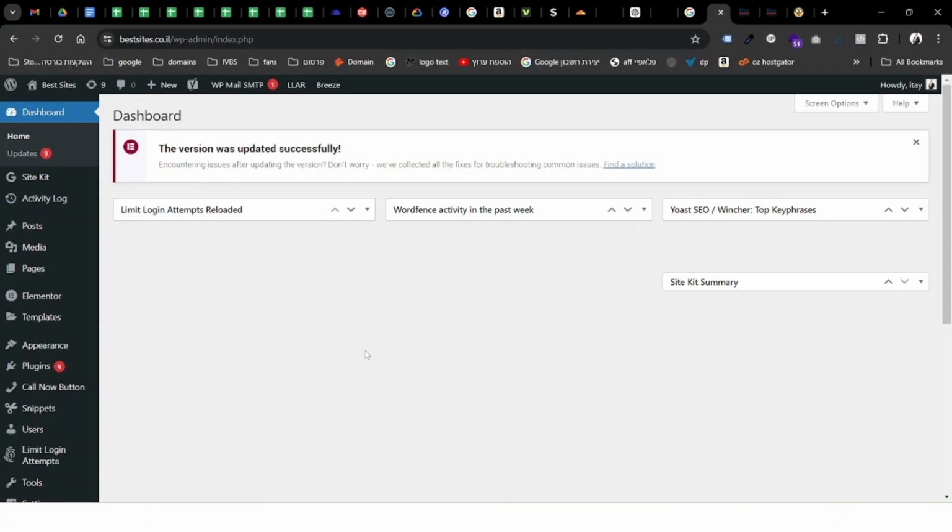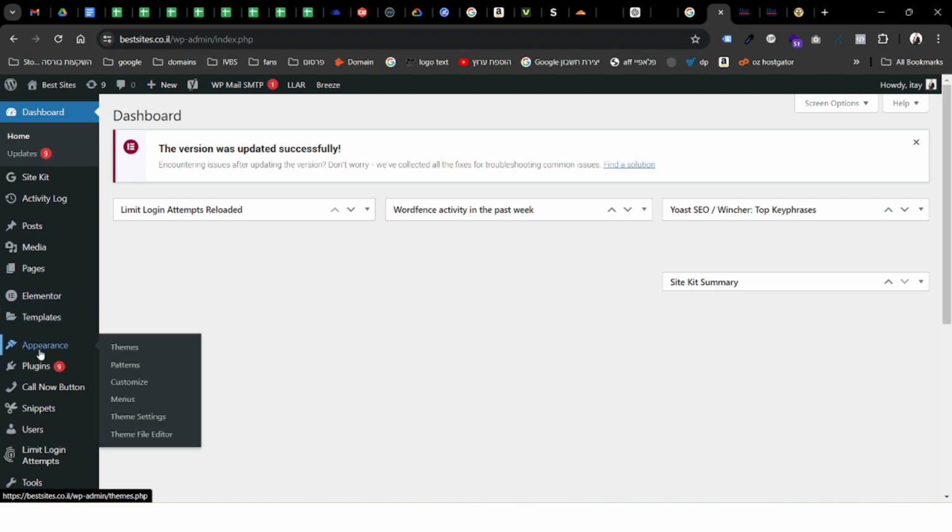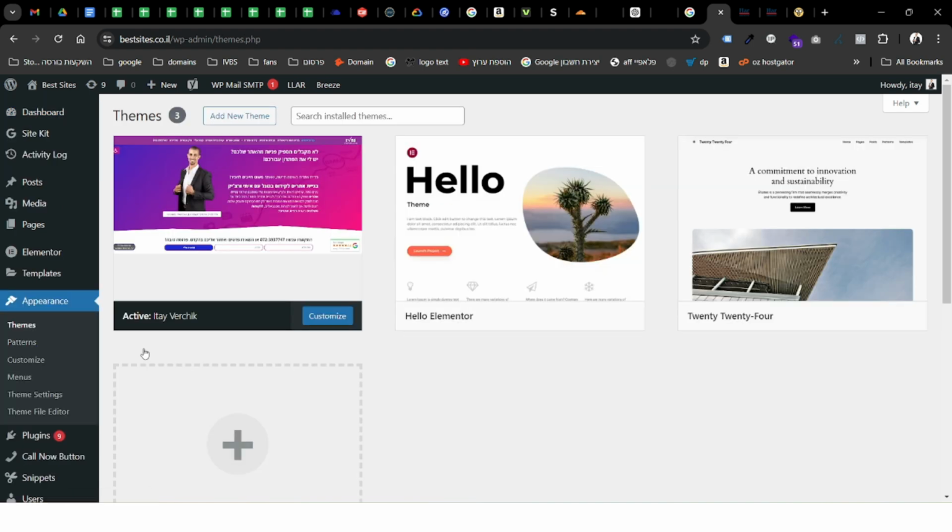So first of all, in order to be able to download the Hello Elementor theme to your WordPress site, you have to log into your admin in WordPress, and then on the dashboard, as you can see right here, you have the menu. Go down to Appearance below and Themes. Click on that tab. Now it will send you to see all of the themes that you already have downloaded